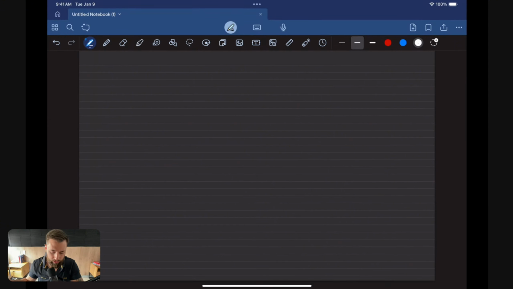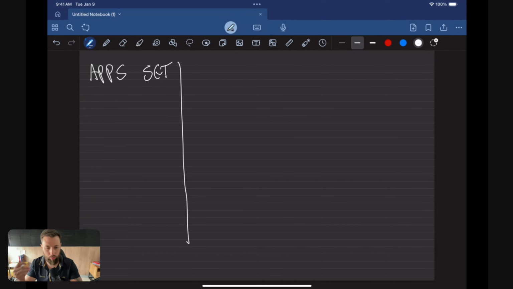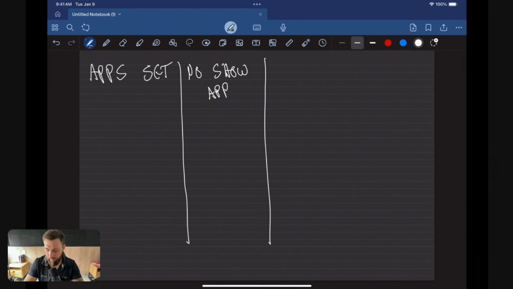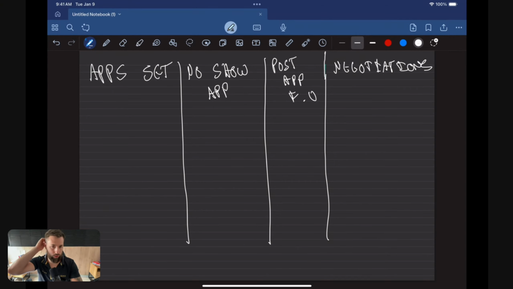So you just create these buckets. The first thing that I have is my appointments set. As soon as they meet a MOTA, they're going to be an appointment, and they're going to go into my appointment set. From there, my next bucket is my no-show appointments. I'm going to have my post-appointment follow-up. This is after the offer. FU stands for follow-up. I'm going to have my negotiations, and then I'll obviously have my contracts, dead leads, all of that stuff as well. But for my opportunities, these are the main ones.